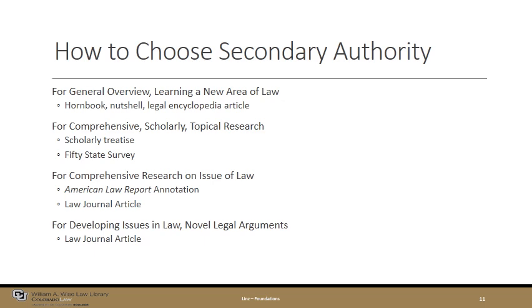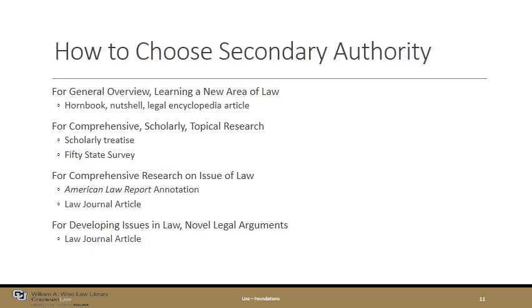These would be nutshells or horn books, or particularly legal encyclopedia articles. Those can be extremely helpful to help us understand an area of law. If we're at the other end, we have some familiarity with the law already, but we need to understand a nuance in a particular area of law or a fairly narrow issue, then we're going to want to look for those comprehensive scholarly treatises. Those will help us sort through all of that complicated detail that might occur in that